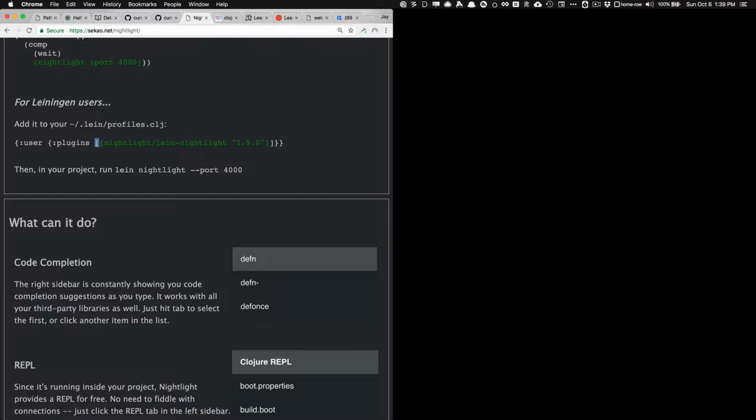zero, one, or more dependency vectors. So we have a single dependency vector here in green. I've highlighted it. And inside of that, we have nightlight/lein-nightlight, and then a space, and then a string 1.9.0. And basically, we just want to copy the green part,